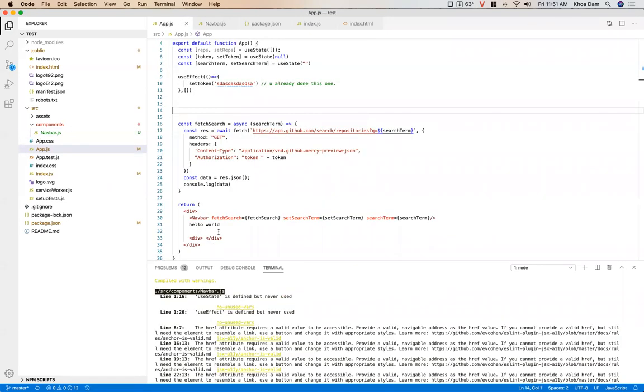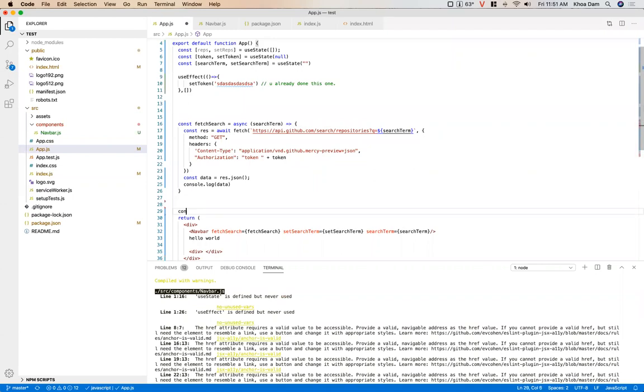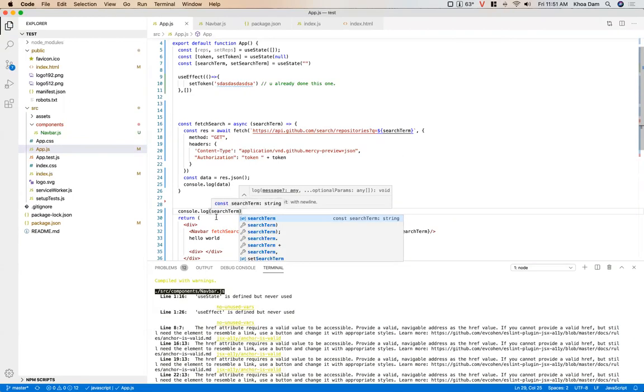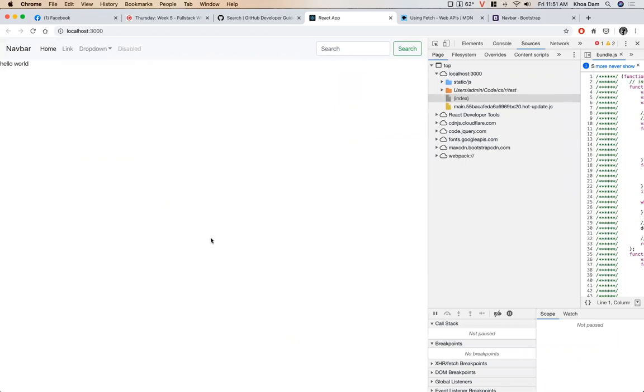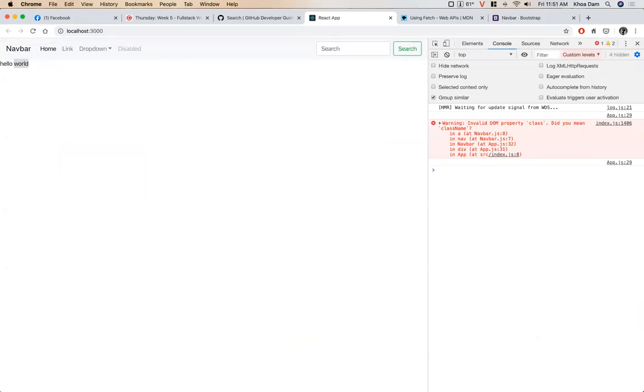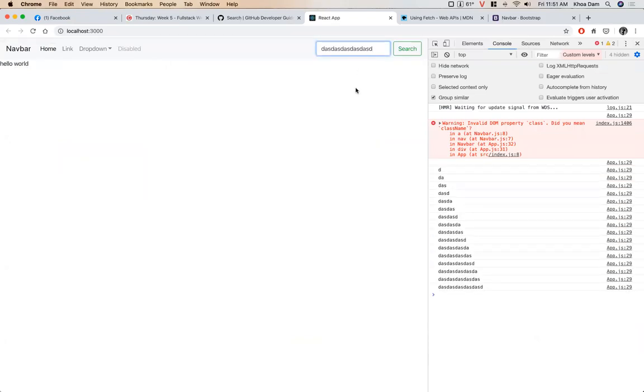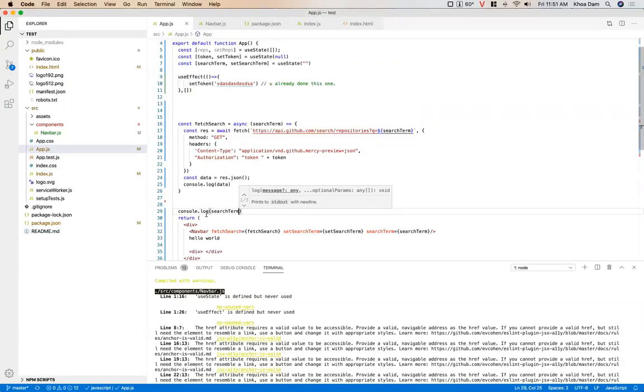Let's console log. Console log. Sure. Let's see if we can see the content we type in here. What the hell is this? Okay. We can see it, right? Go back and then whenever we hit the button here,